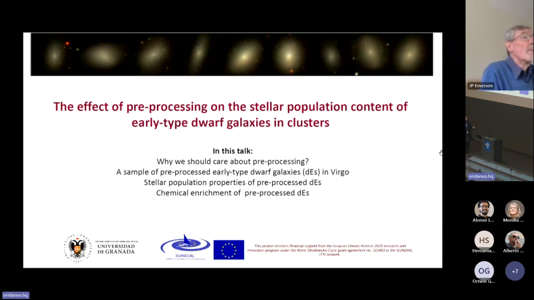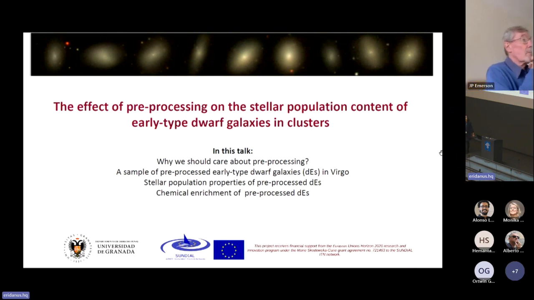And the talk today is organized as follows. So I will speak first about what is pre-processing and why we should care about pre-processing. And then I will introduce you a sample, a small sample compared to the surveys we are hearing today about, a small sample of early type dwarf galaxies that are great candidates as to be pre-processed, great pre-processed candidates. And I will explain how we can find these type of galaxies given their stellar population properties in groups